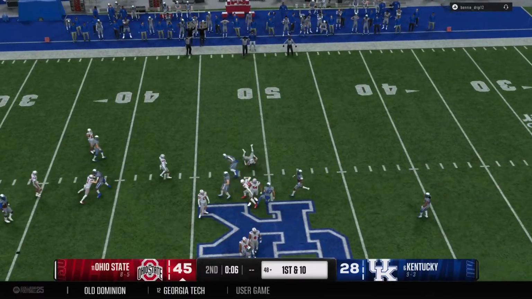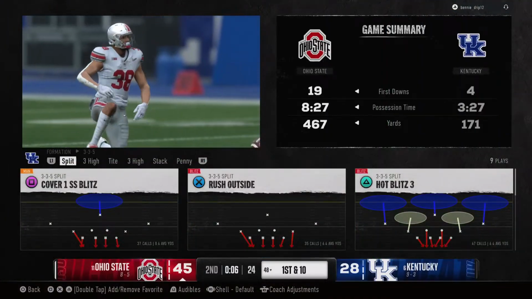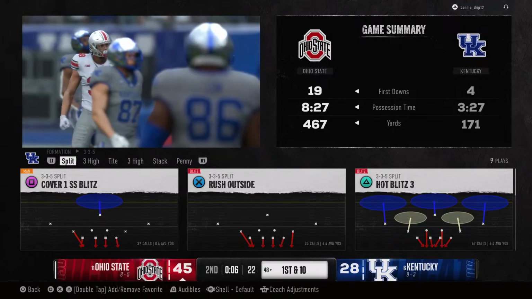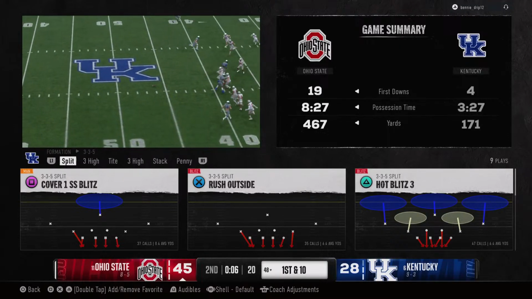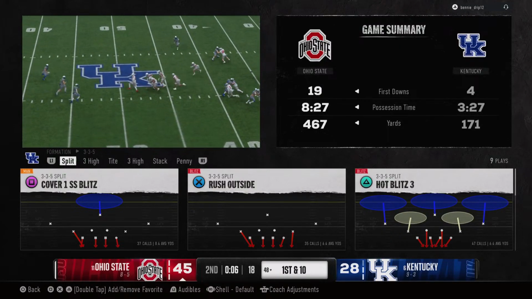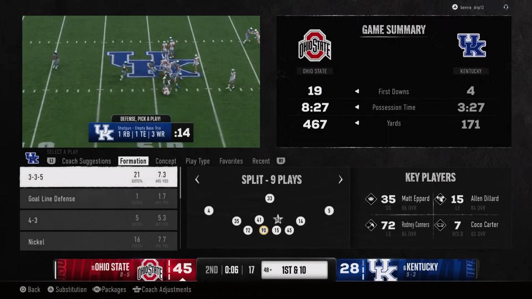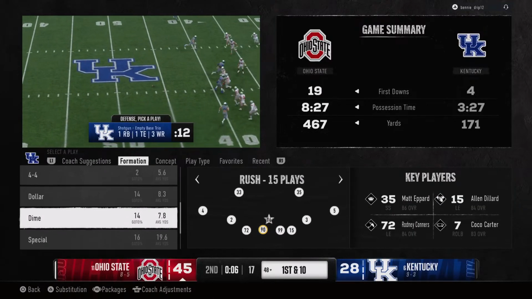Oh, the onside kick is recovered, and the gamble pays off. Chris, what just happened here? I'm in awe of this coach's sheer boldness. Going for an onside kick when you're up by a few scores? Wow. That's all I can say.